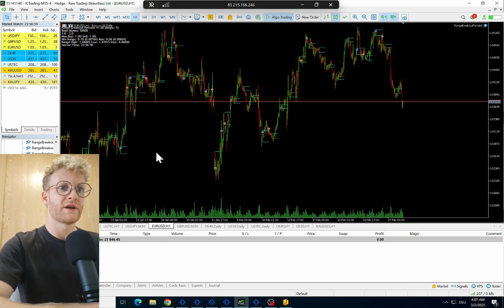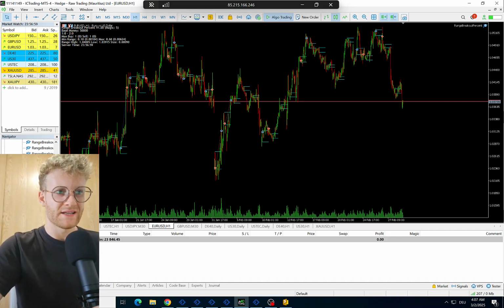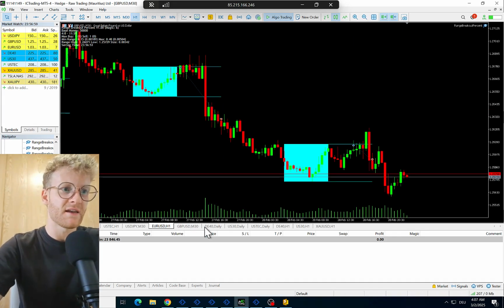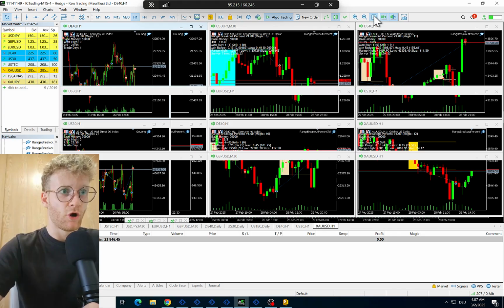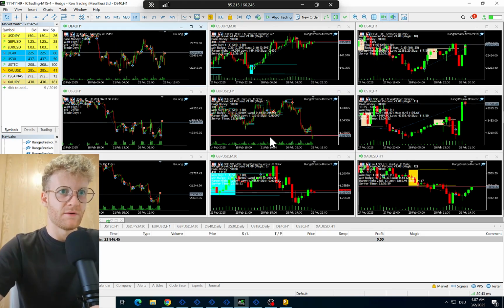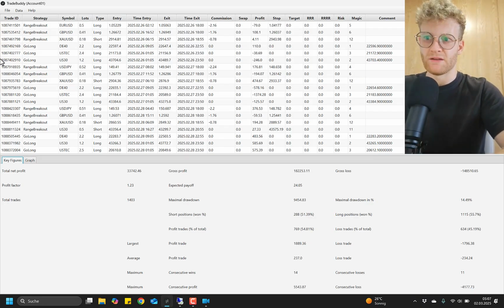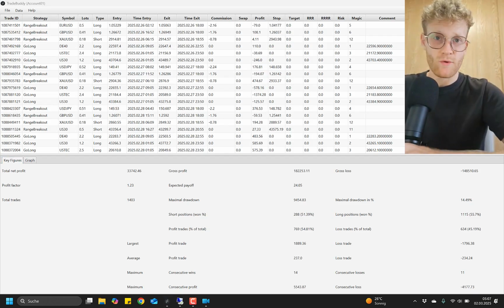Also, we had a few trades in Euro US dollar, not quite as successful as in USD Japanese yen. And of course, the other markets also showed quite a few trades. Especially gold was very active again, and generated a lot of profits. So let's have a look at this performance in the trade buddy, because this is where we really have a look at the facts.